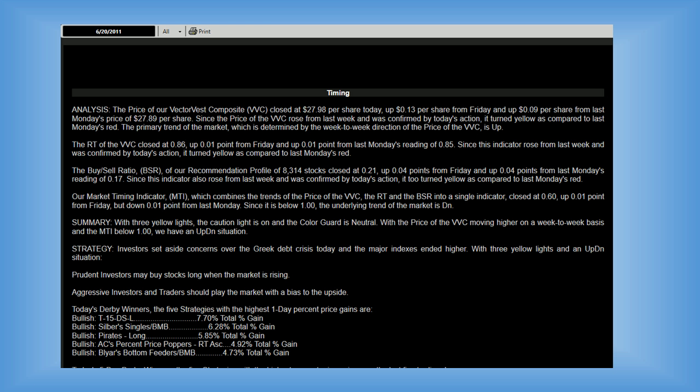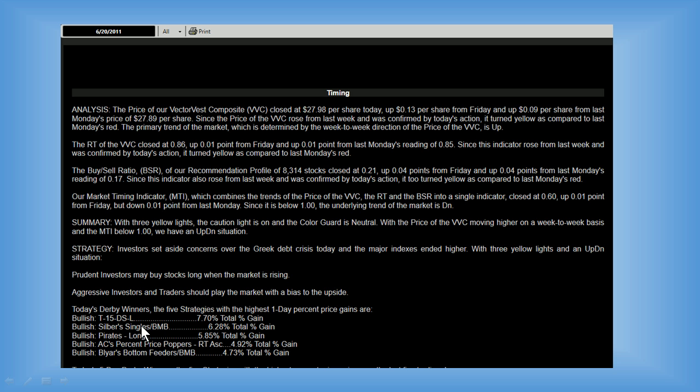Instead of clicking through more examples, what I've done is built a few slides here just again to show how time and again these same searches are showing up at the same time here. So through 2010, that same process worked very well. In 2011, the MTI and the buy-sell ratio found themselves again down below the 0.6, 0.2 levels. And so on 6/20, we look at the Derby winners in our timing section, and we can see that familiar